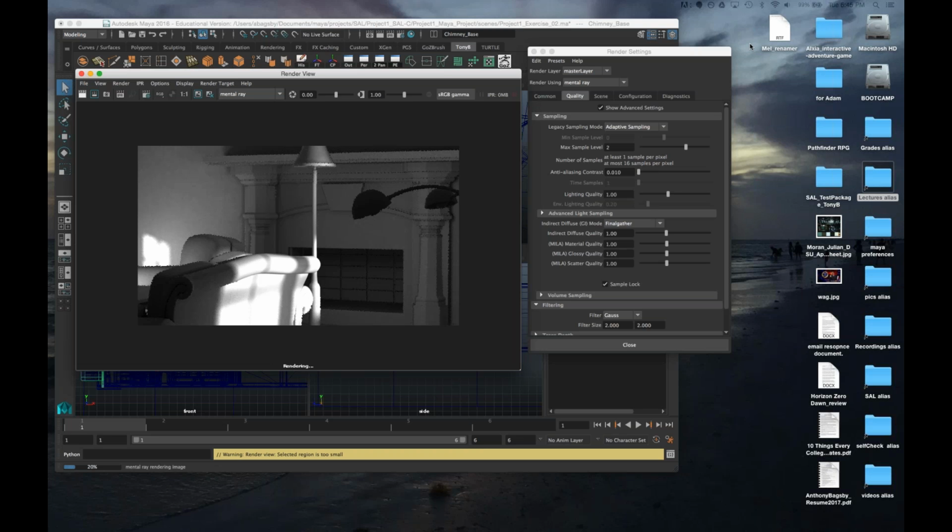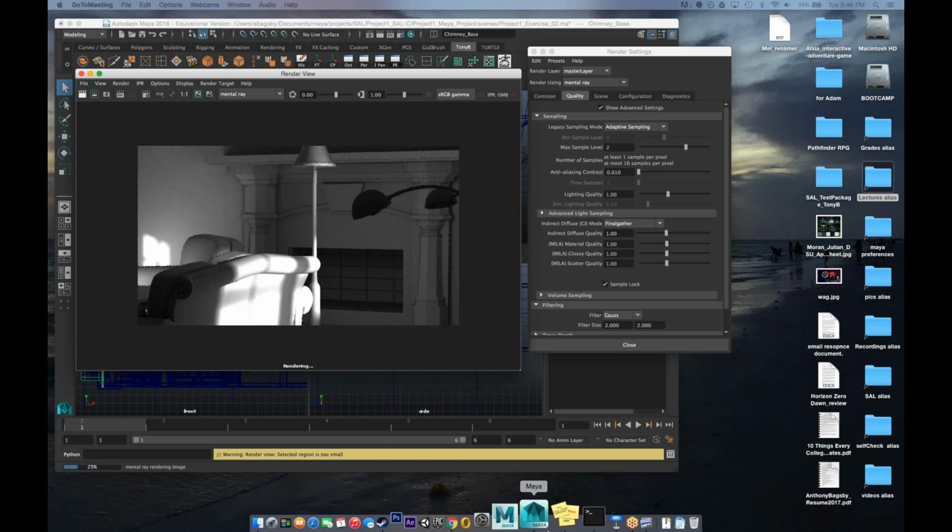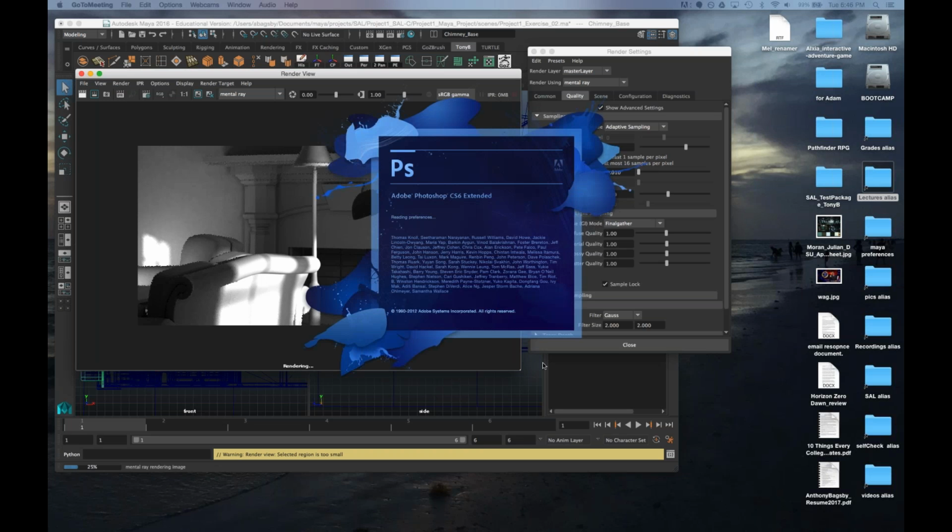It stinks waiting for this render. I do want to talk to you guys about the templates. So I have one of those templates here. Hopefully this will kill some time, even though it's going to take up more resources. Typically you don't want to open up Photoshop while you're rendering, but we're going to do just that. Throwing caution to the wind here, guys. I really hope my render doesn't crash.